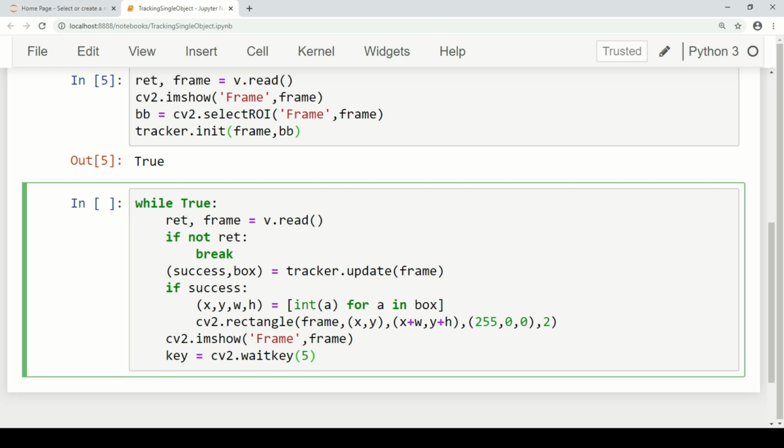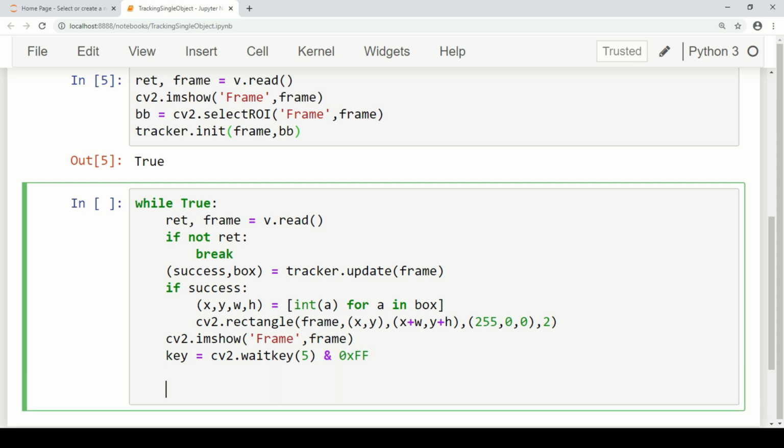This is how many units of time you want to wait. So let's wait for this. And 0xff. What this means is I'm showing this right now. What this 0xff means is that cv2.waitKey returns an integer of 32 bits, and this particular number is